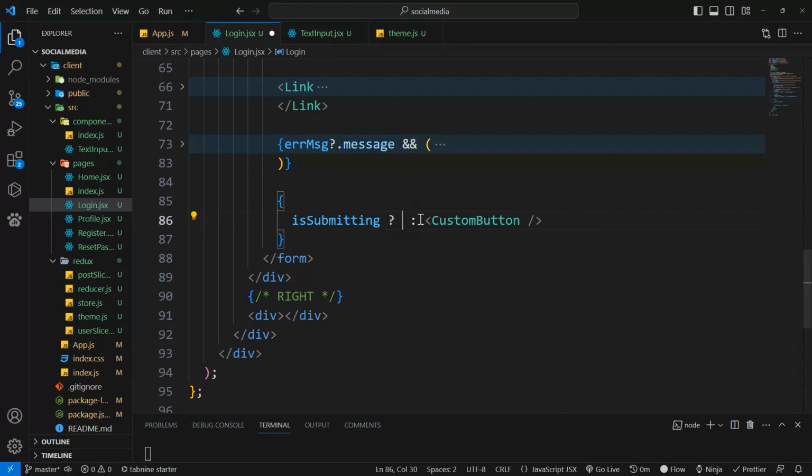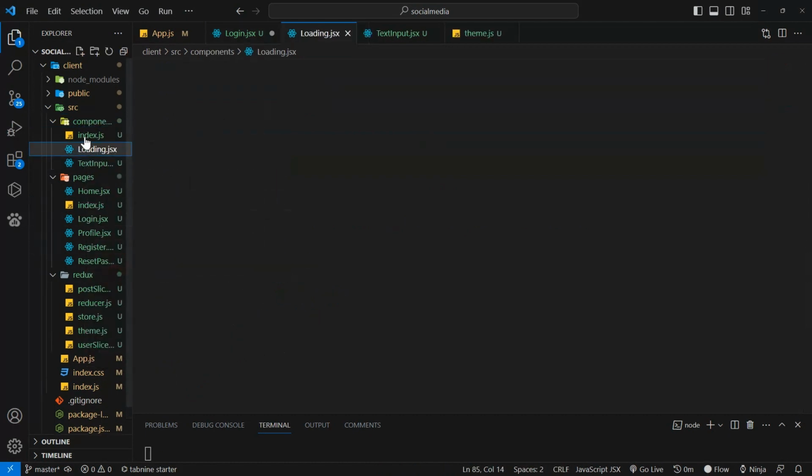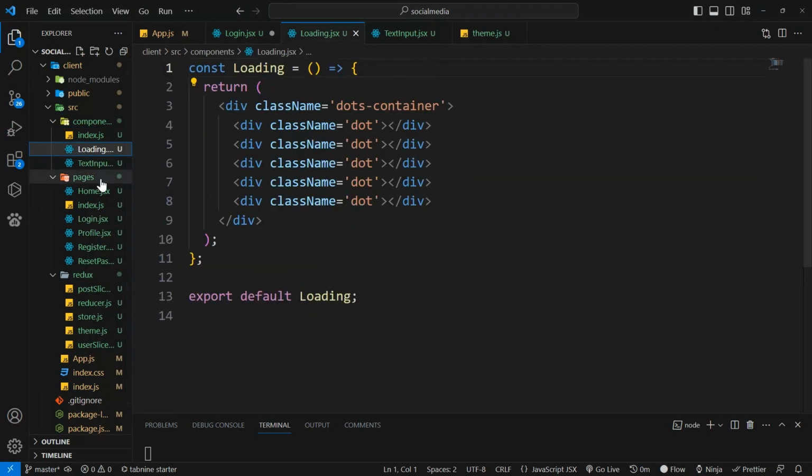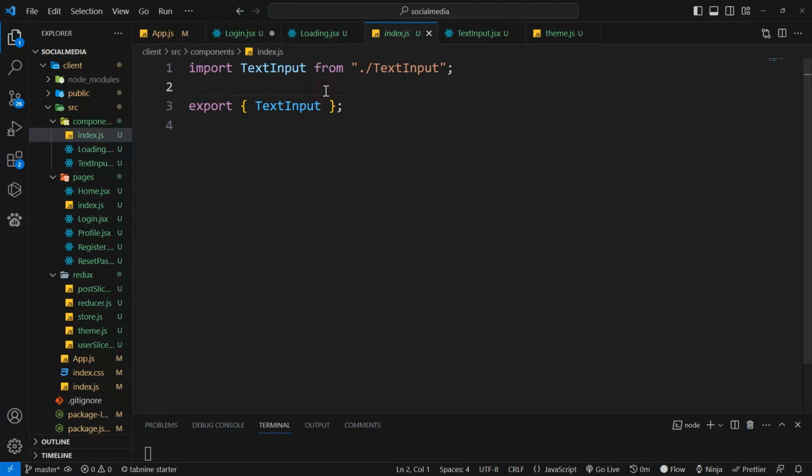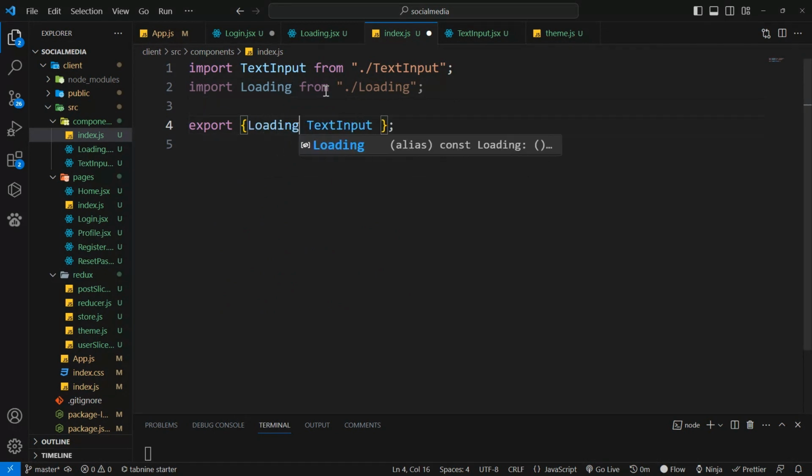Okay, so let's bring the loading also here. Okay, so let's create it. And this loading, we have been using it in all our tutorials, so I'll just copy and paste it here. Okay, and its appropriate classes are in the CSS file. Okay, we import and export it here,